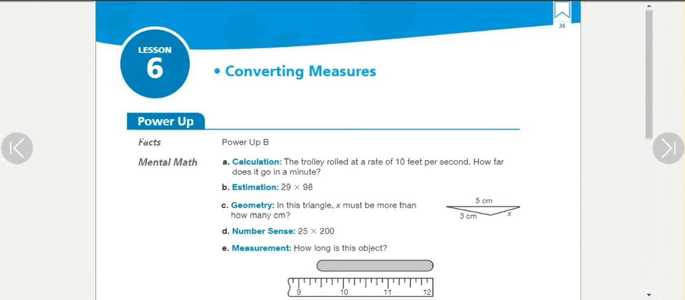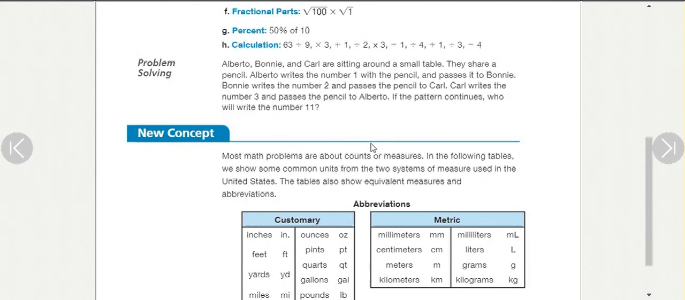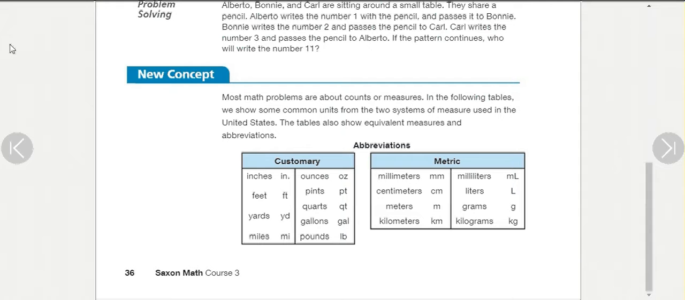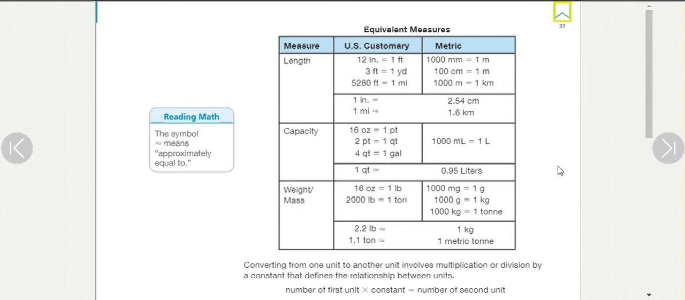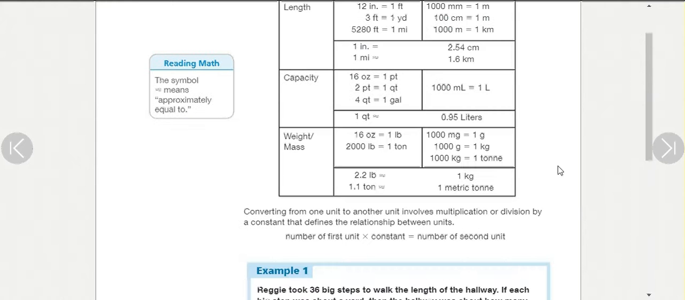Lesson 6, we're converting measures, which in past books would have meant we're doing unit multipliers. If you remember what those were like, this newer copyright of the book, they sort of do away with that. Here's some abbreviations of measures. They do away with the unit multiplier and they try to simplify it. They say simply,